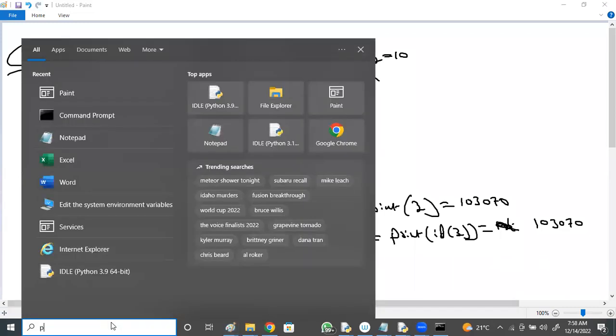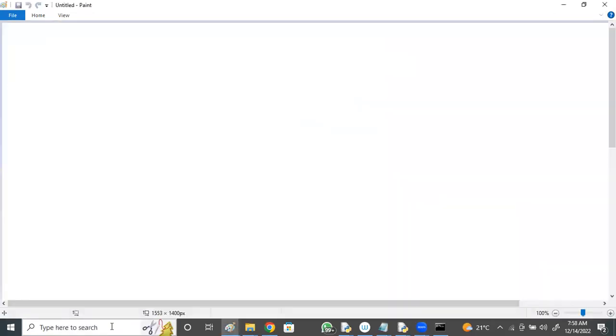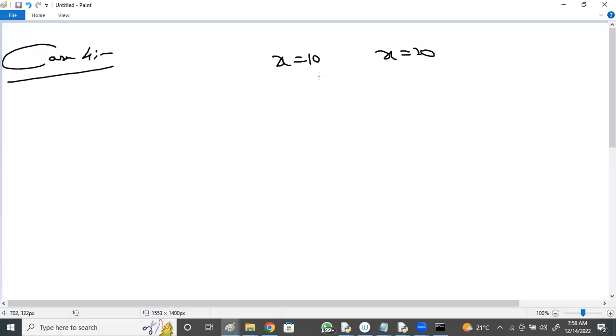Observe this case 4. I'll show all these cases practically in tomorrow's session. Now previously x value 10, here also x value, now x value 20.